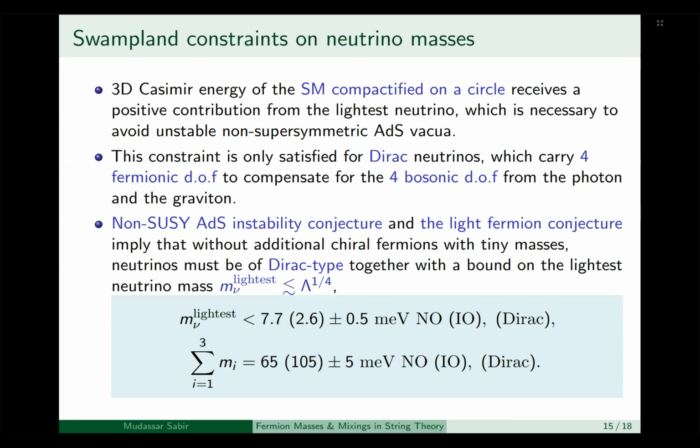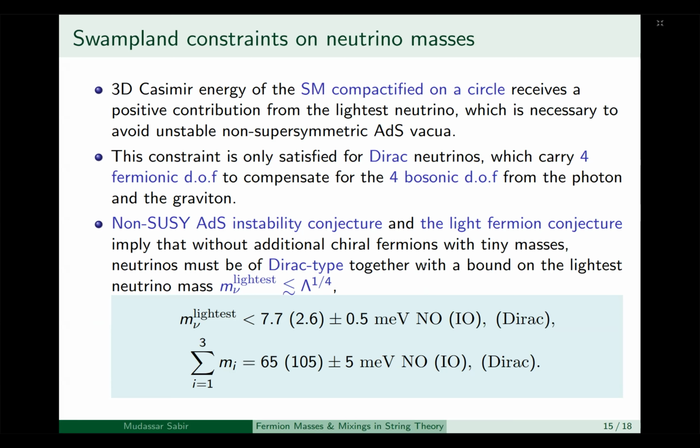The non-SUSY AdS instability conjecture and the light fermion conjecture imply that without additional chiral fermions with teeny masses, neutrinos must be of Dirac type. So swampland criteria favor the Dirac type neutrinos, and not only that, there is a bound